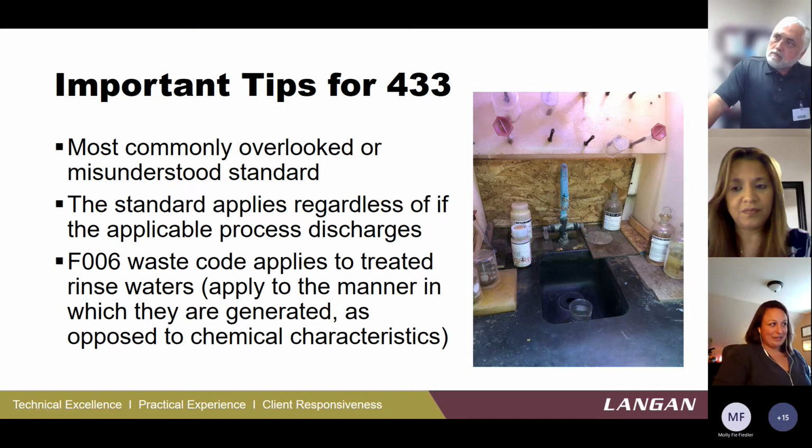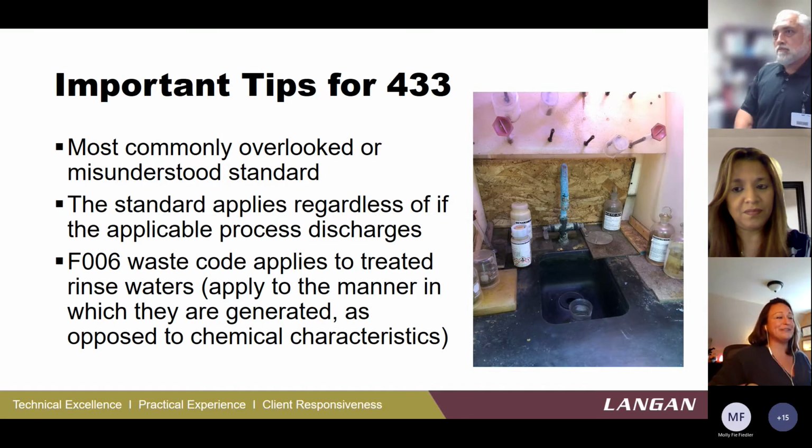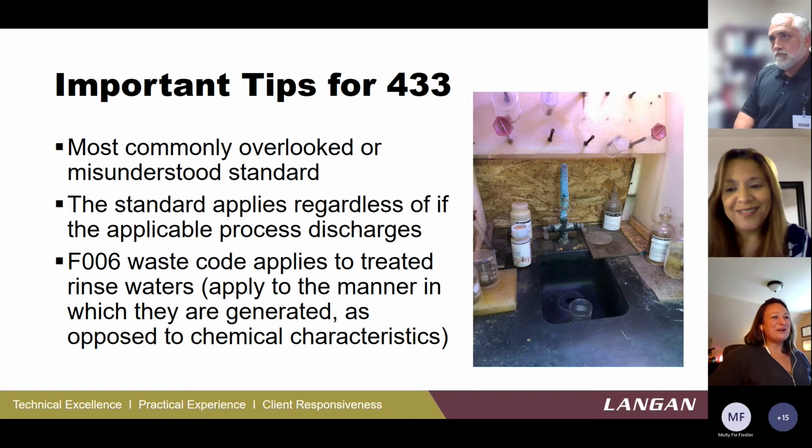And then the other interesting tidbit is, of course, the first question was, well, what if we just don't discharge that? Guess what? If you're doing it, the standard applies whether or not the water actually is discharged or goes to a treatment system or otherwise goes down the drain. The presence of the process itself becomes the catalyst for applicability to the categorical standards. Wow, say that five times fast. So you don't always have to actually discharge it for the requirements to count.